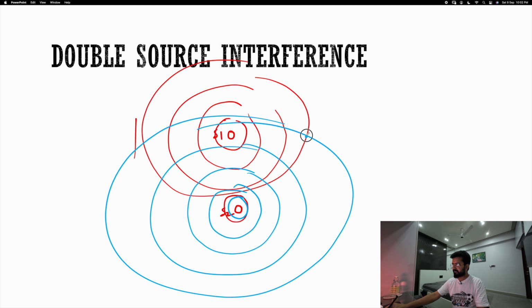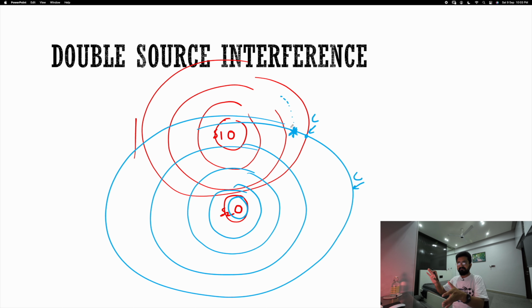So you can see at each point, look at this point here, the wave fronts are the lines passing through the crests. That means this is a crest of a blue wave and that's a crest of a red wave. So this point is where the crest of a blue wave overlaps with the crest of a red wave. That means this point is constructive interference, right? Crest meeting crest, constructive interference. What about this point here? The crest of the blue meeting